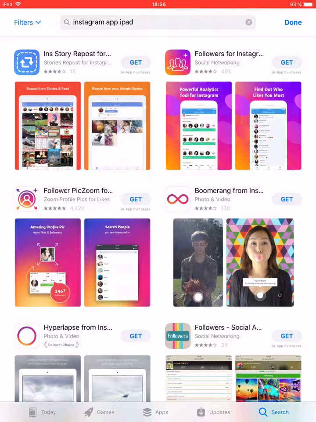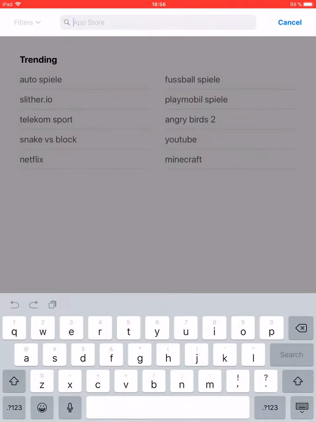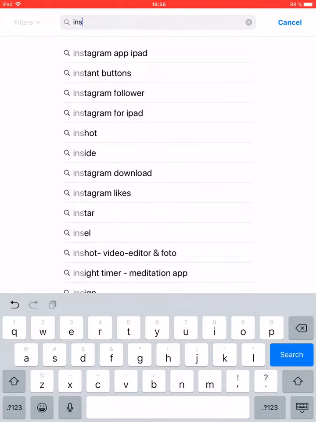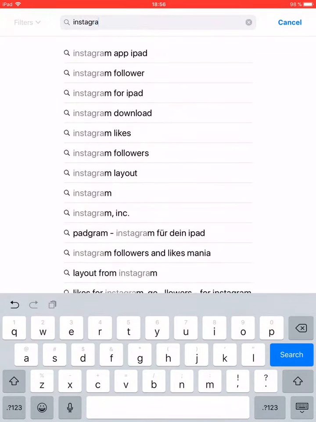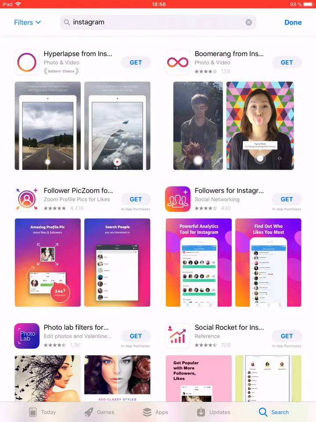So to get Instagram on your iPad, what you have to do is type Instagram and press the search button. Yeah, you are directed to the related programs,